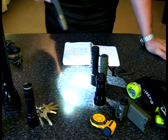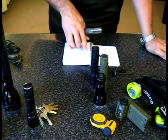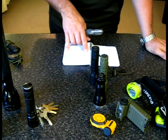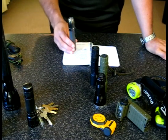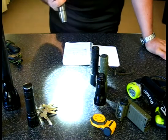And the lens, let me see what it says here. The lens is, I'm not even sure how to pronounce this, siloxane coated shatterproof lens. Siloxane, I have no idea what that is. But